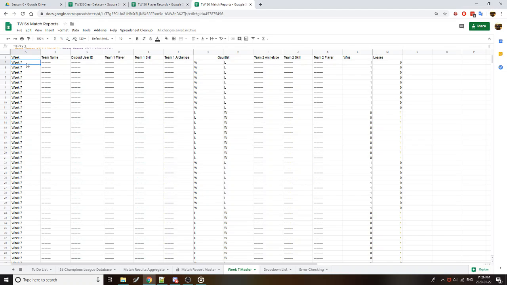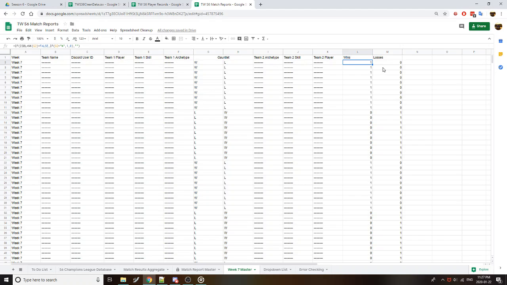And this part is basically controlling from week to team 2 player. From here, we have a separate section for wins and losses for calculating. It changes W to a 1, and the reason for this is because you guys said that you didn't want, so when there would be something blank,